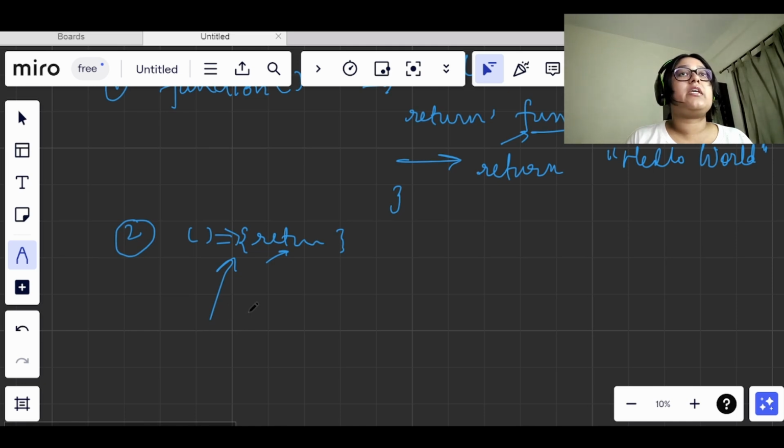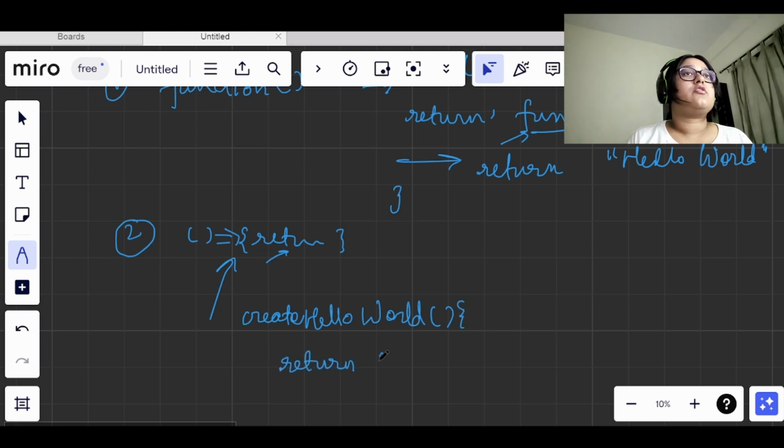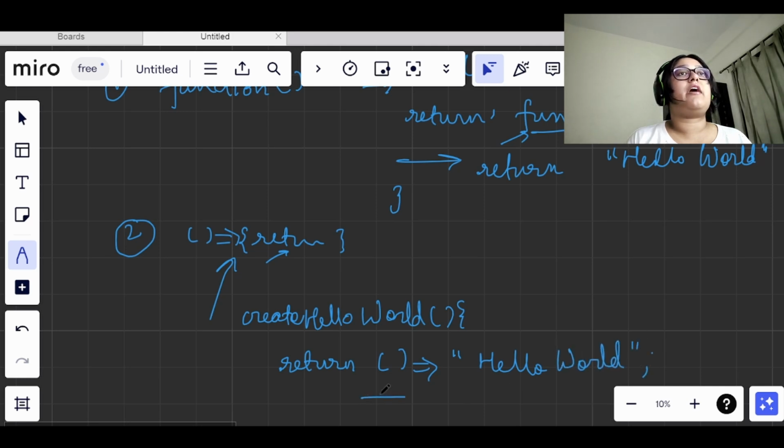What I mean by saying here is if we have create hello world function, and we are returning an arrow function, so we just need to write arrow function and hello world, and this will return our required value.